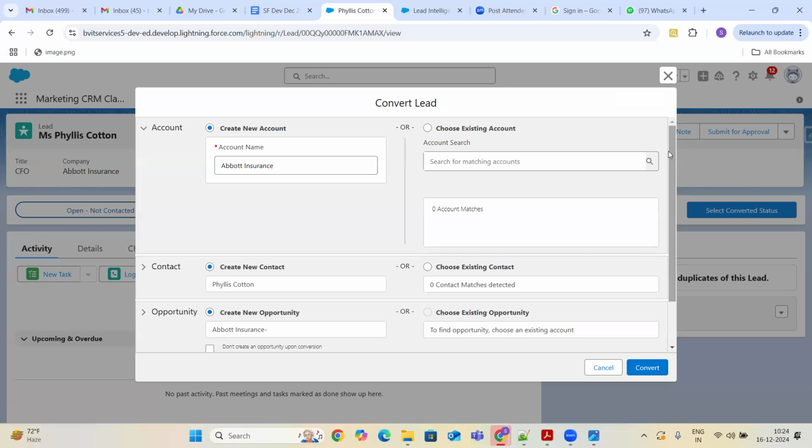Most of the time, in 90% of interviews, they will ask this question. While converting leads, do you always create a new account, or is there any chance that you can associate this lead with an existing account? The answer is yes.